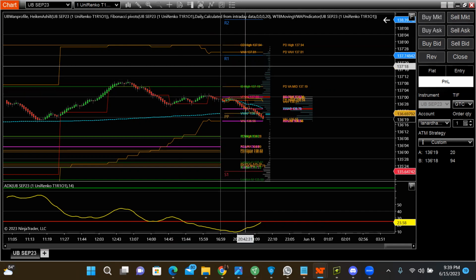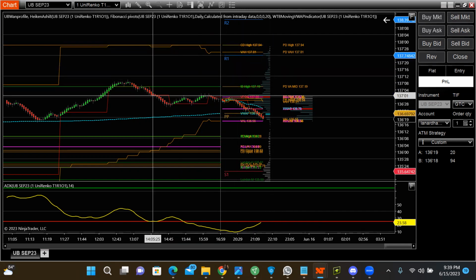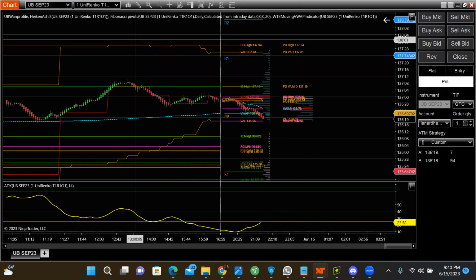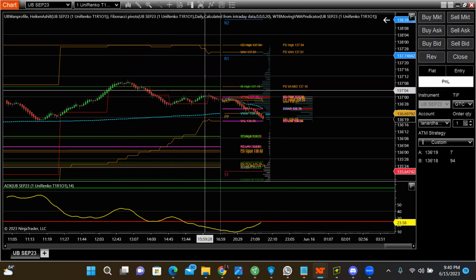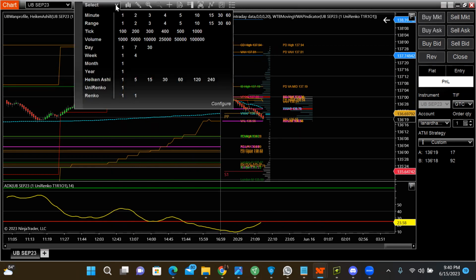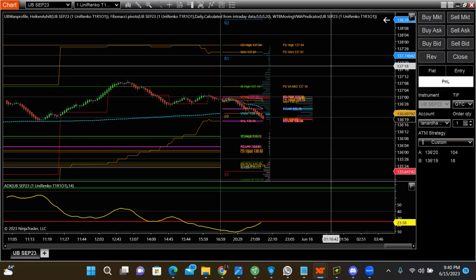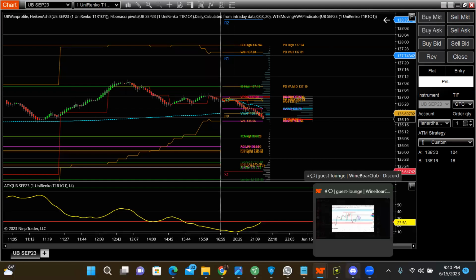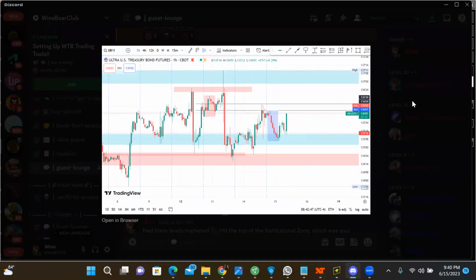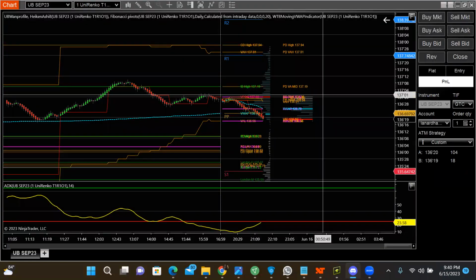Okay, remember you all, once you do have your session profile, to add, we already put the Heikin-Ashi 8 on there, but for the Uni Renko, you're gonna have to come up here, your time frame, and if you don't see Uni Renko already, you need to come over here to configure. Well, first and foremost, hopefully most of you all downloaded Uni Renko. So if you didn't download Uni Renko or Heikin-Ashi 8, then I would suggest going